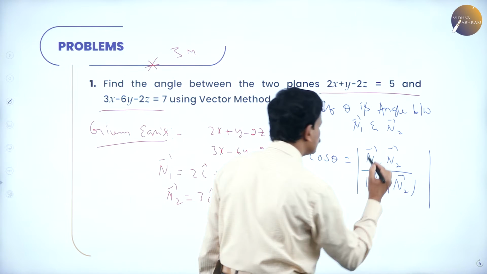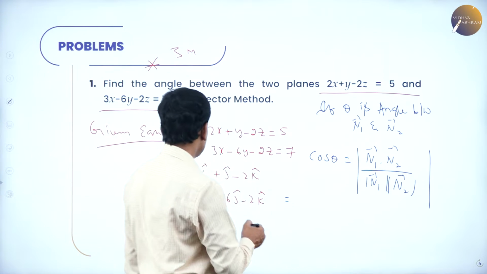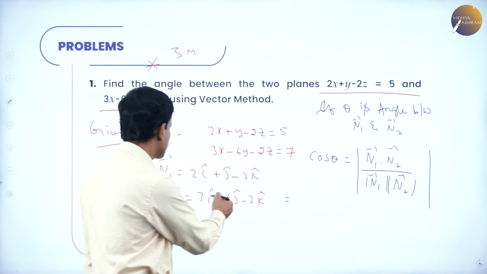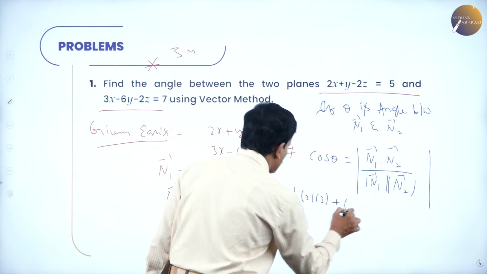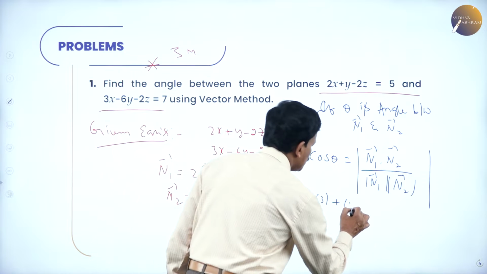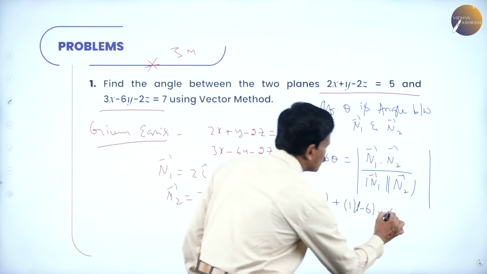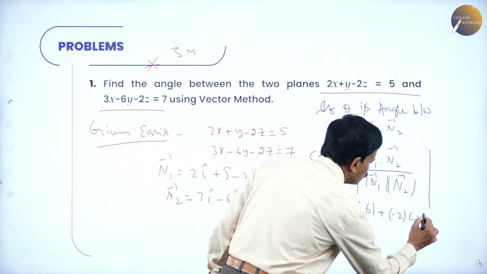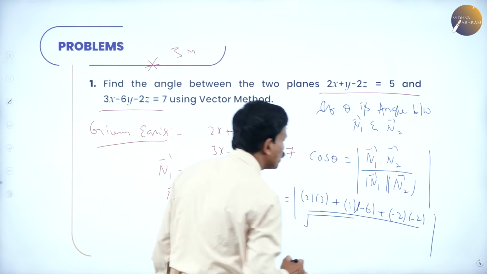Now this can be written as the dot product of these two. Simplify this: 2 into 3 plus 1 into minus 6 plus minus 2 into minus 2, mod whole, divided by the square root of